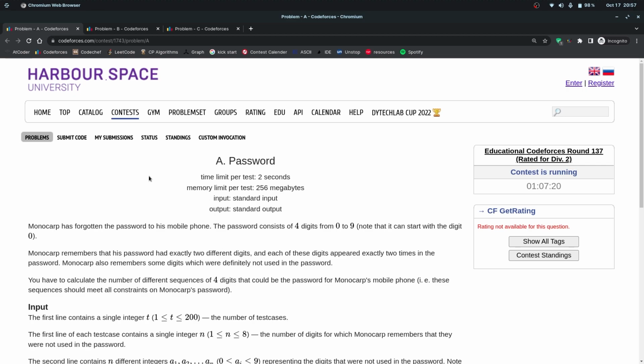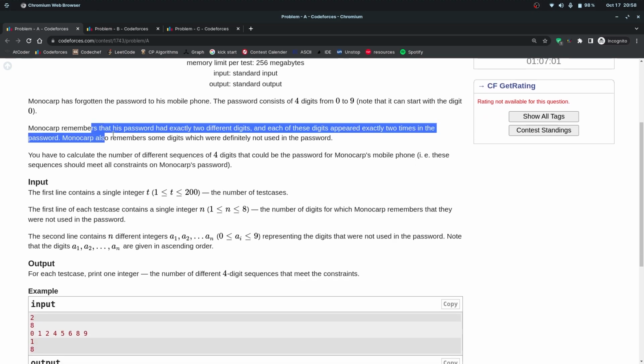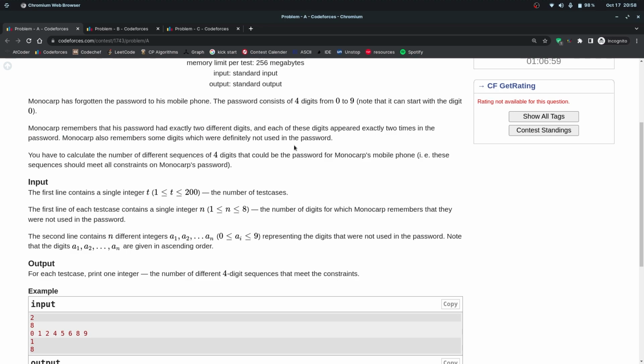And now let us quickly start with the first problem, that is Password. This particular problem says that Monocarp has forgotten the password to his mobile phone, and it has 4 digits from 0 to 9. So basically, the password is 4 digits, and it can be any digit from 0 to 9. And it says that the password has exactly 2 different digits, and each of those digits appeared exactly 2